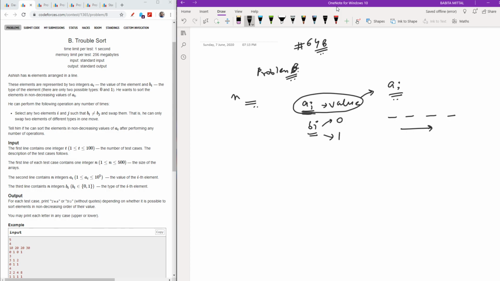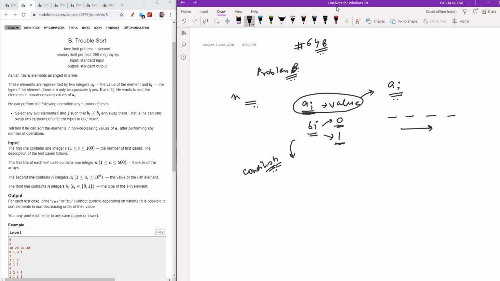We have one condition: we can swap a number which has a value bi equal to 0 with a number which has a value bi equal to 1.